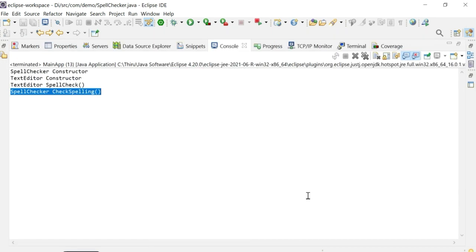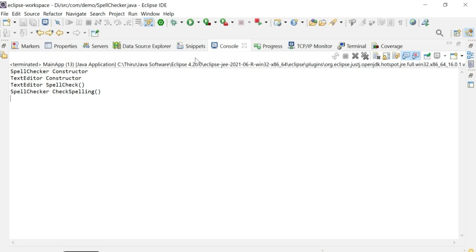In this case, the text editor class depends on the spell checker class, but the text editor class doesn't need to worry about the spell checker instantiation and implementation, because it's taken care of by the Spring application using the beans.xml file.